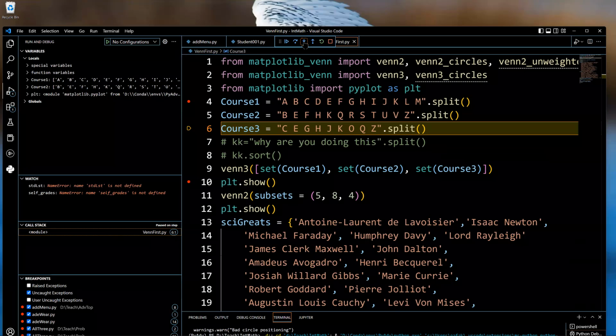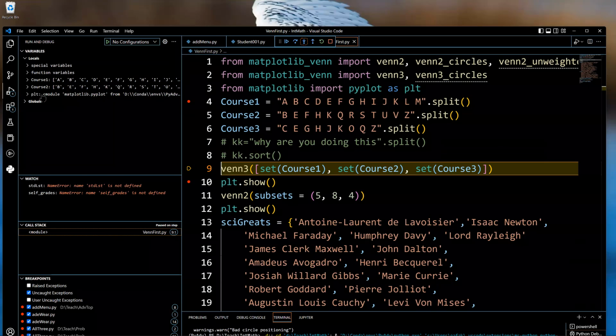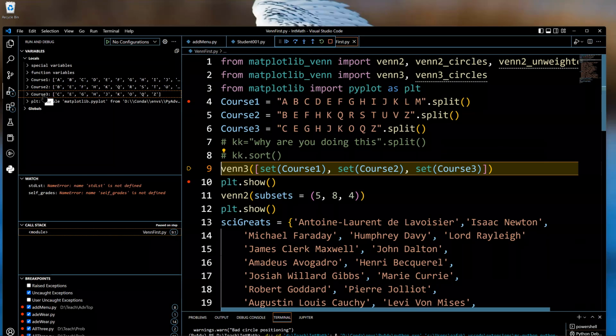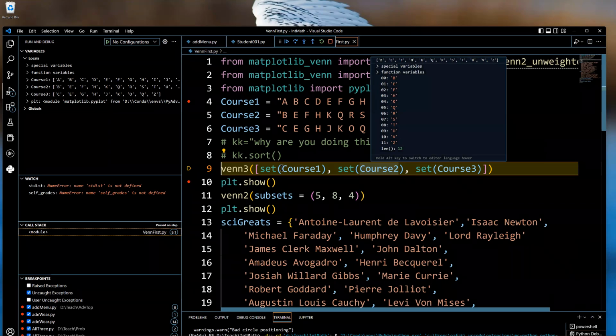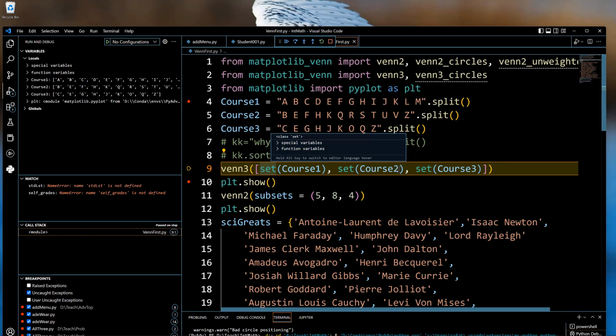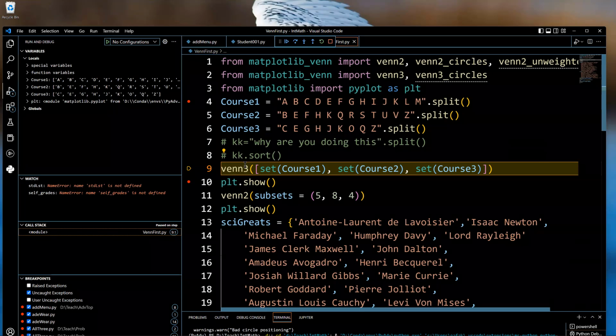Next, you see that course 3 has been created here, and it's also a list. Because we have these 3 lists, we can now do a Venn diagram of the 3 of them by turning each one of them into sets. You can see that this constructor call turns course 1, course 2, and course 3 into sets